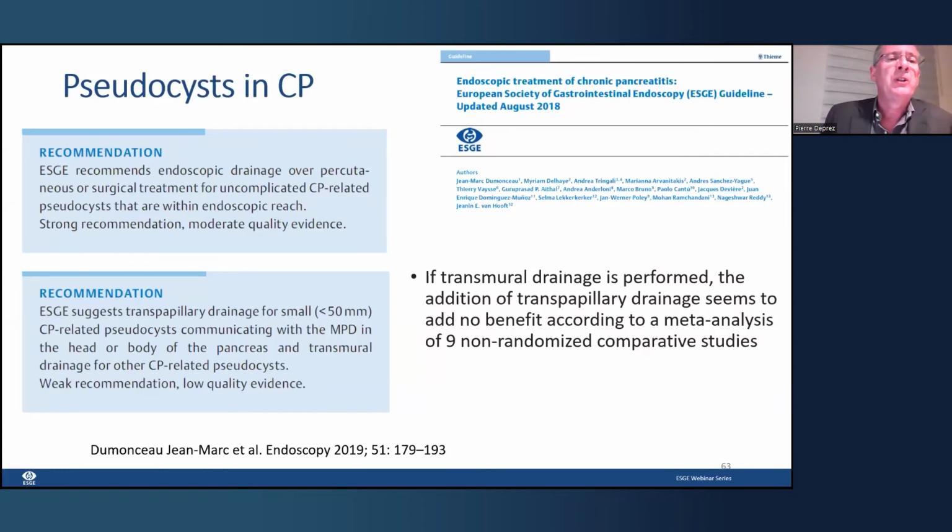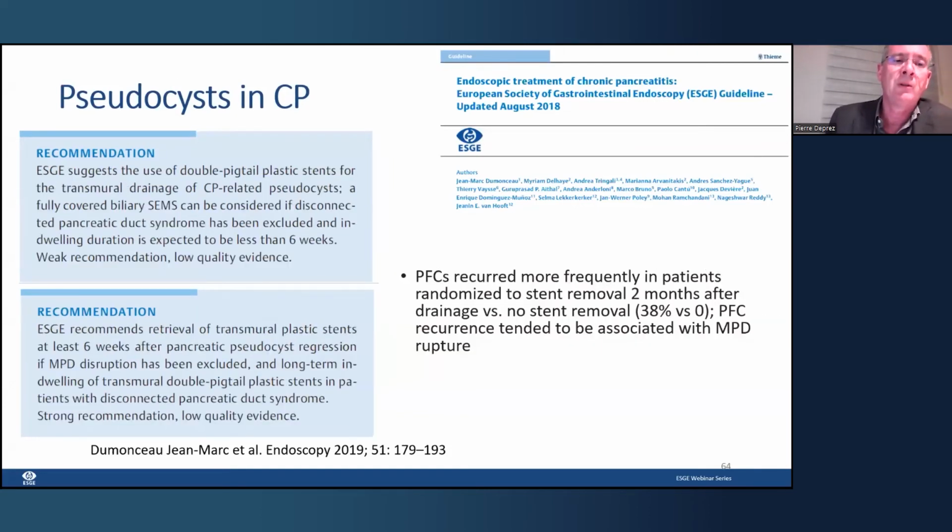They recommend endoscopic drainage over percutaneous drainage or surgical treatment for uncomplicated pseudocysts that are within endoscopic reach. You see, strong recommendation, moderate quality of evidence. And they suggest transpapillary drainage, again, for the small ones that are connected to the main pancreatic duct in the head or body of the pancreas. You see that's the same as the UEG guidelines. And if transmural drainage is performed, the addition of transpapillary drainage seems to add no benefit. So I think this is also an important question. Many people ask me, should we go for transpapillary drainage to improve the results? That's not necessary, except of course if there is a stricture or